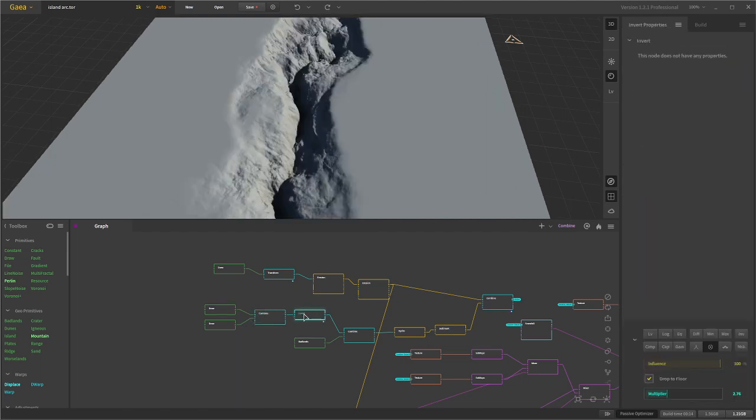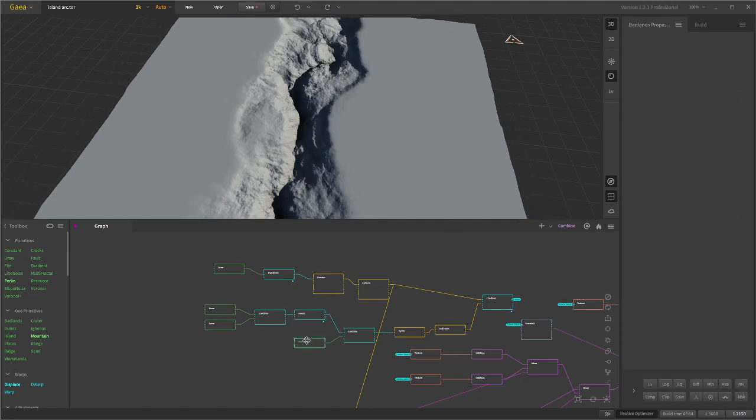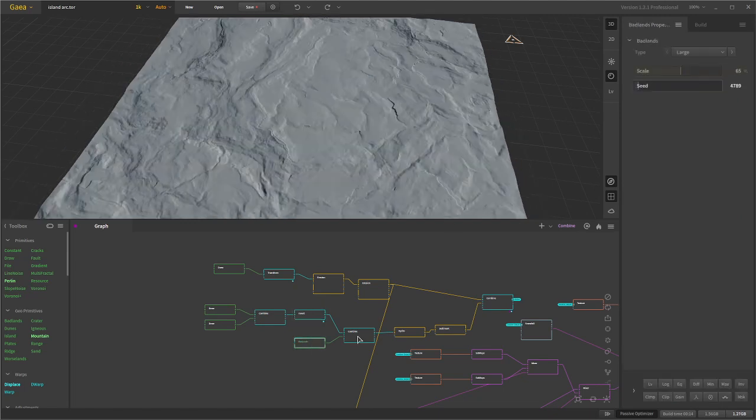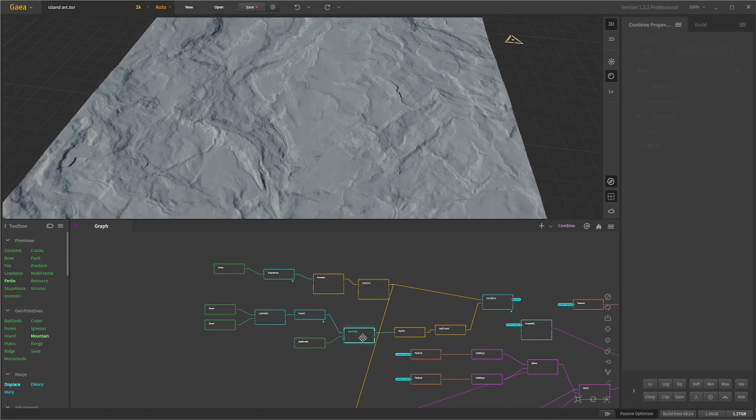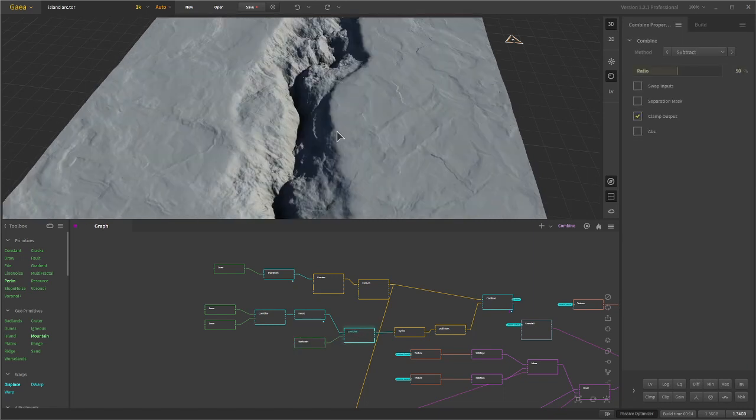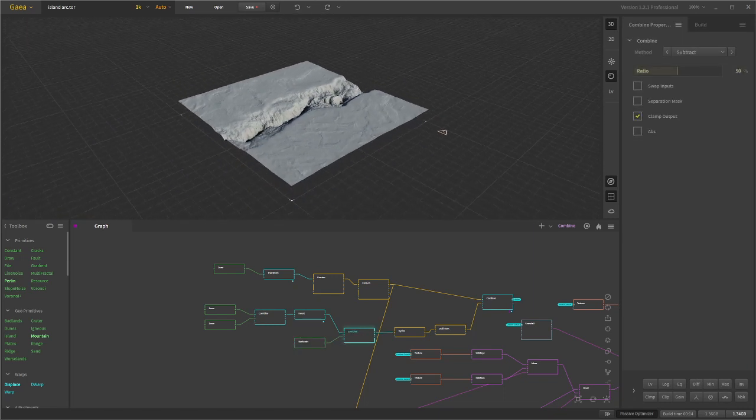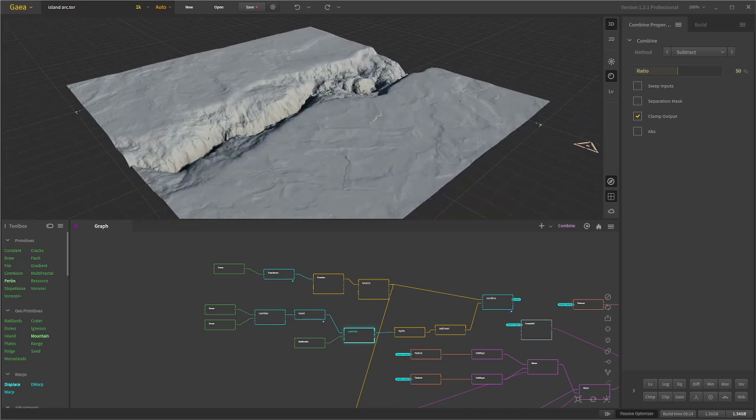And to get a trench, of course, I needed to invert it. To get a bit of definition on the ocean floor, I used the Badlands node, and then combined the two for this result here. So yeah, this is what I went for.